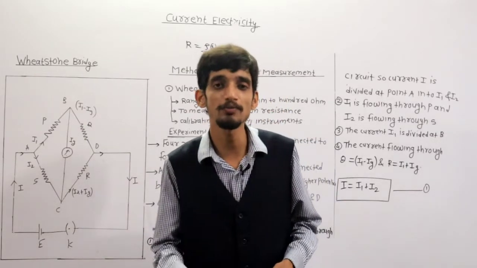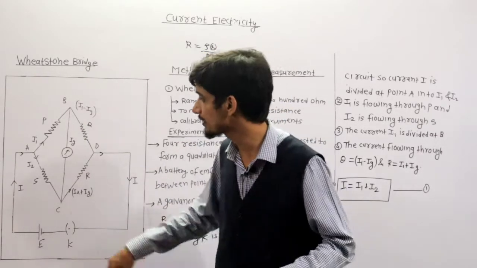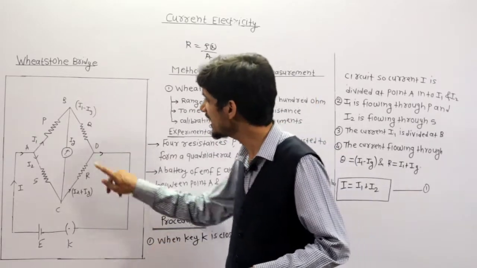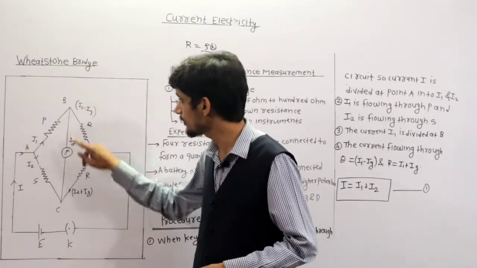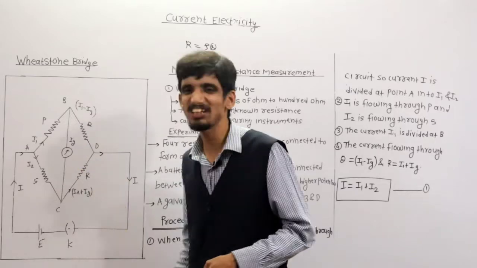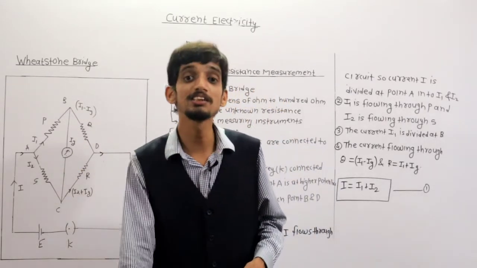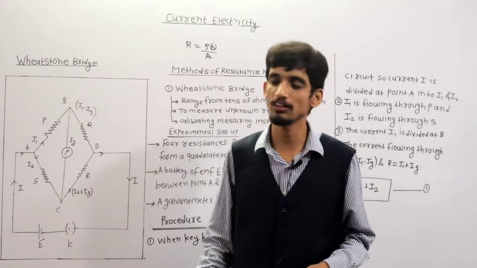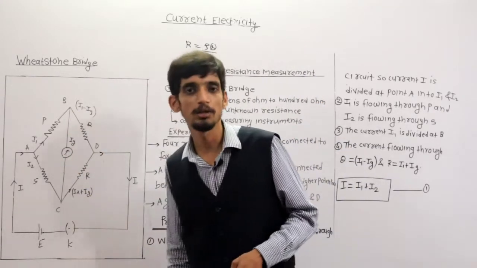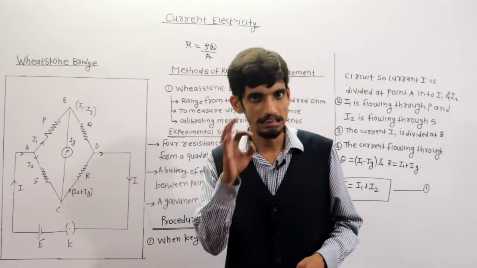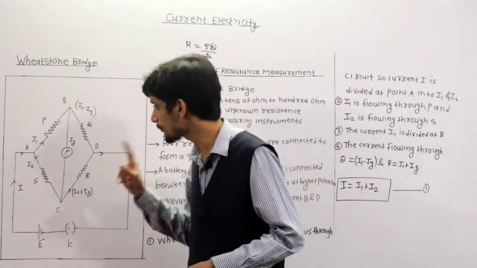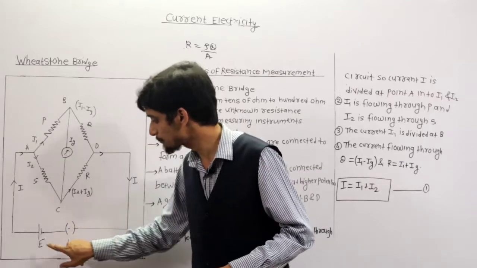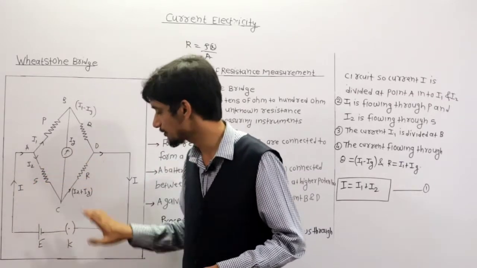So what is the purpose of the key? When you press the key, at that time current starts flowing through that Wheatstone bridge network. Okay, and in the second diagonal, between B and C, you have to connect a galvanometer whose resistance is G, and that galvanometer shows the reading when the current starts flowing through the Wheatstone bridge. Now if you observe, when you press the key, what happens? The current starts flowing through this Wheatstone bridge.